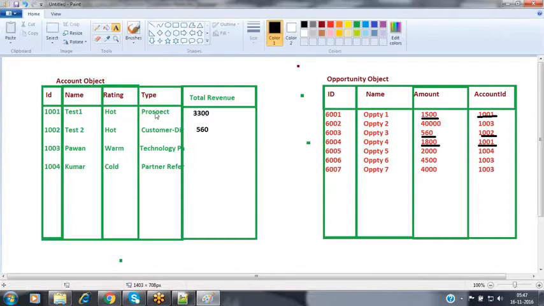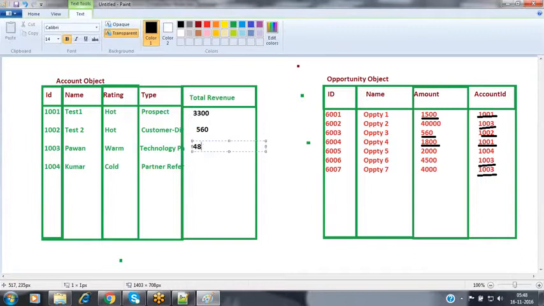And the customer 3, Pawan. How many times has Pawan visited? He has visited 3 times right now. This is one time, this is another time, and this is another time. First time 40,000, second time 4,500, third time 4,000 rupees. Totally 48,500 rupees, the one amount that we have generated here.